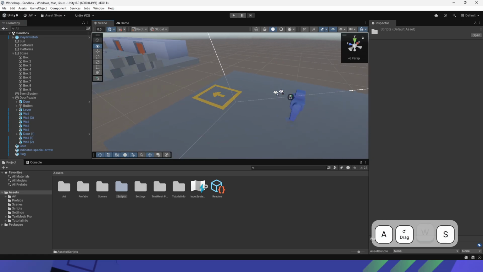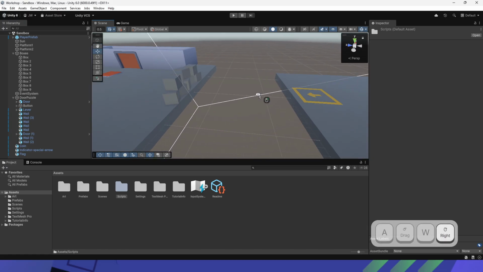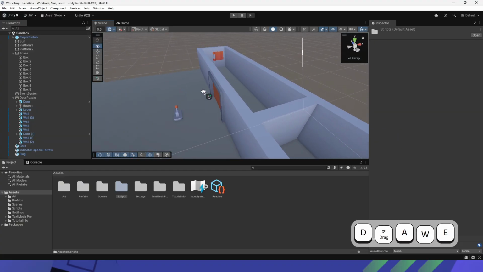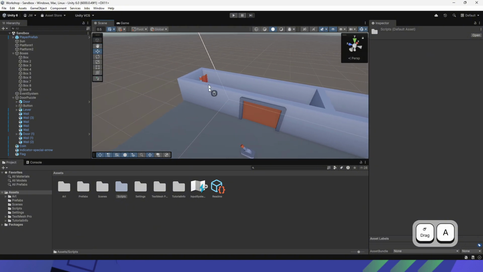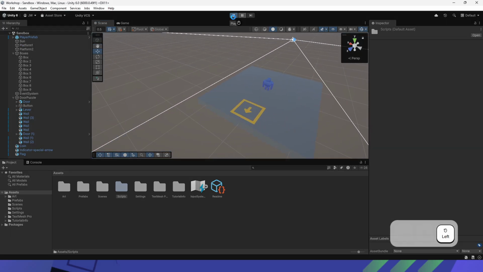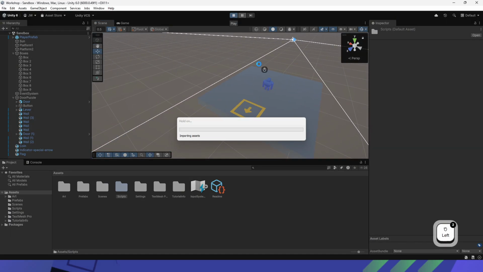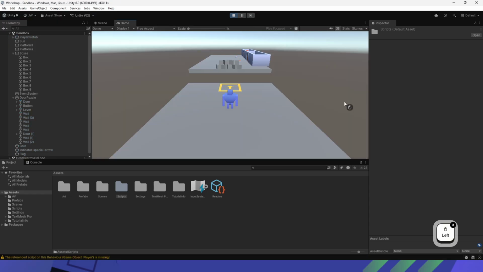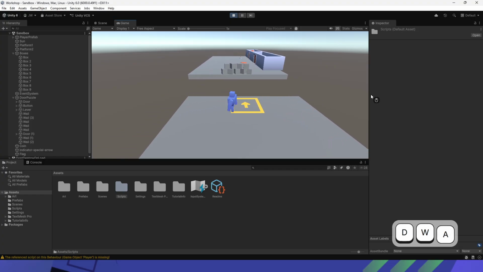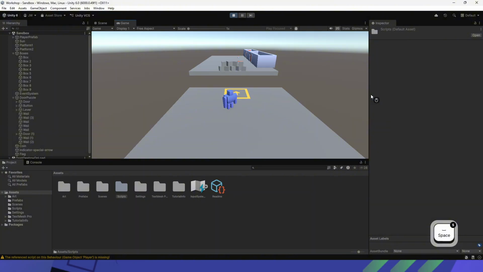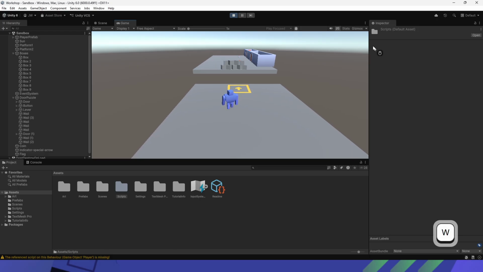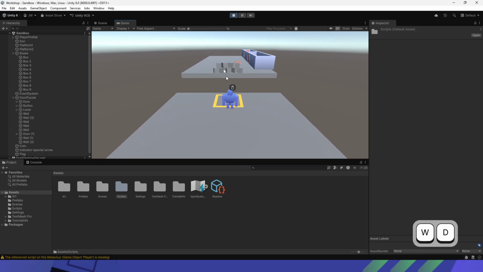So we have a whole little world over here, and we have this void that we need to get across. We have a button and a door, coins behind the door. What I'm trying to do is get this guy into this little flag area over here. Let's see what we're working with so far. We have a little robot dude. He can run around, WASD. We could try jumping. He's not going to jump because I didn't program that in. And yeah, so we need to find a way to get across this ravine